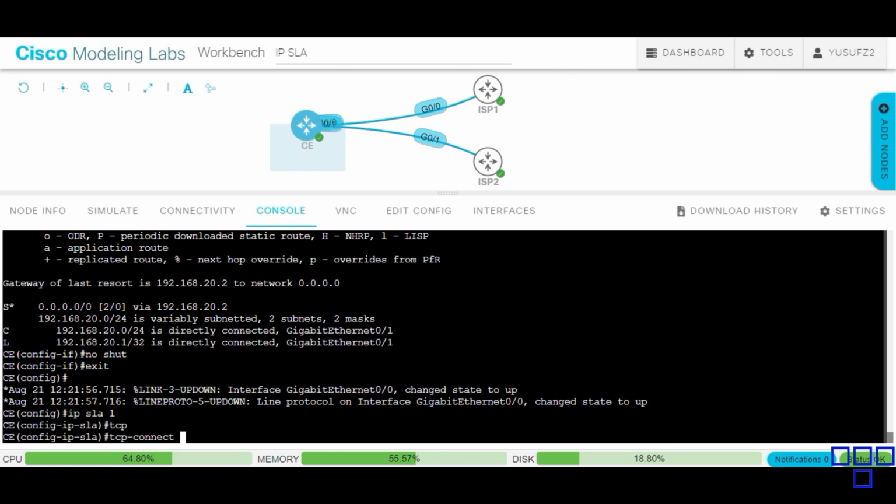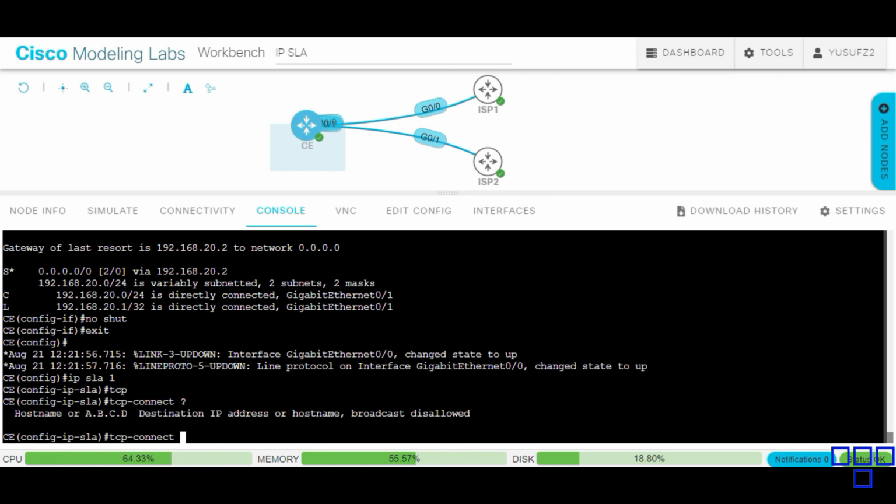Ideally, you'd like to have a responder on the other side, which increases the accuracy of the measurements. So if I start this process here, and I'm targeting the ISP1 router,